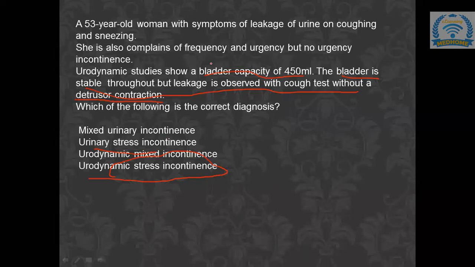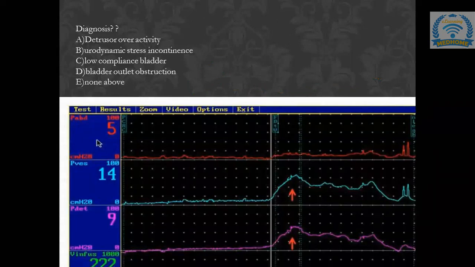Who's going to take the next one now? Yes, ma'am, I will take. Okay, sure. Hope this graph is visible. Yes, ma'am. This is visible. Ma'am, in this graph, the upper one is the abdominal pressure, below this is the vesical pressure, and then the detrusor pressure. This line shows the filling phase, and this shows the voiding phase. There is no rise in abdominal pressure,